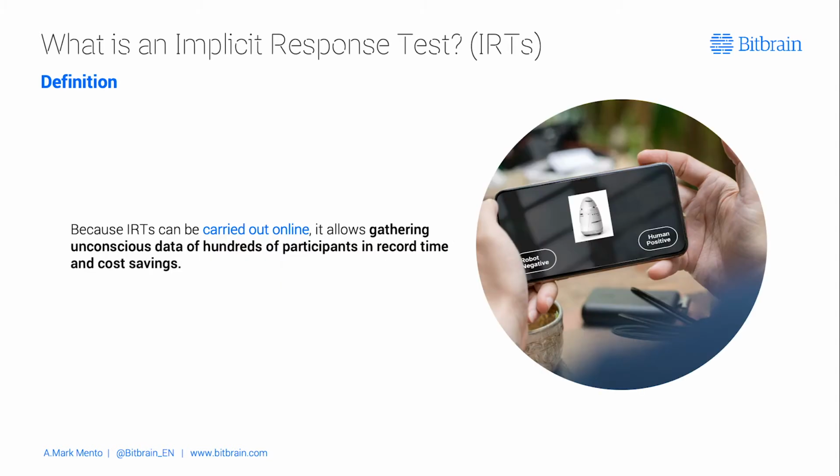There are, of course, other techniques to measure and quantify non-conscious data. BitBrain makes several devices that do exactly that, including systems for EEG, galvanic skin response, breathing rate, heart rate, and so on. But for this, the participants have to come in and physically wear sensors. IRTs, on the other hand, can be carried out via website. We can gather non-conscious data from hundreds of participants fully remotely with considerable logistical time and cost savings compared to